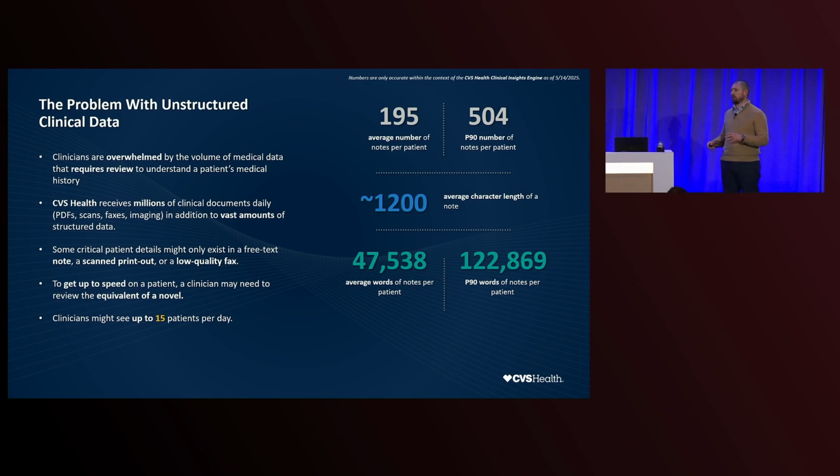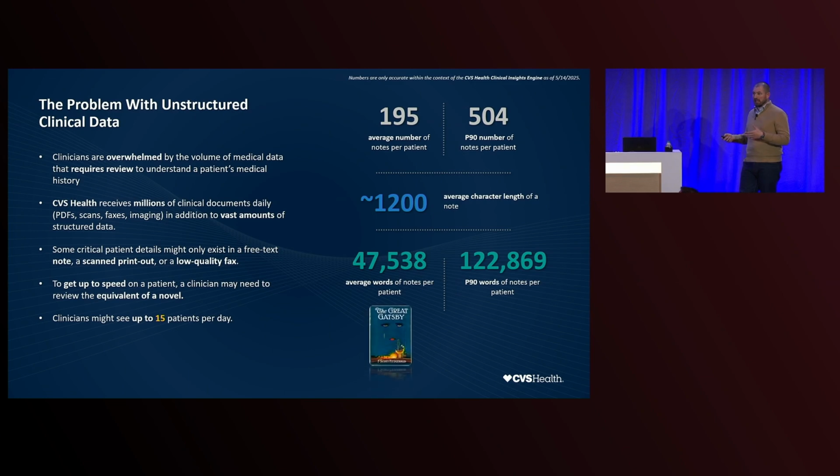Now, a single piece of critical patient information, something like a prescribed medication or a medical procedure that happened, a past diagnosis, or a lab value that is trending in the wrong direction, might exist in a single clinical document. And that might be a low-quality image or a scan of a fax. So you can imagine the complexity. The sum of a single patient's unstructured data can be anywhere in between a Great Gatsby all the way to The Return of the King. It's impossible for a clinician to evaluate that volume of information before a visit.